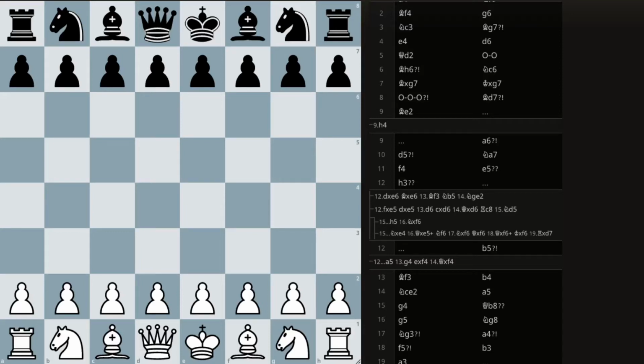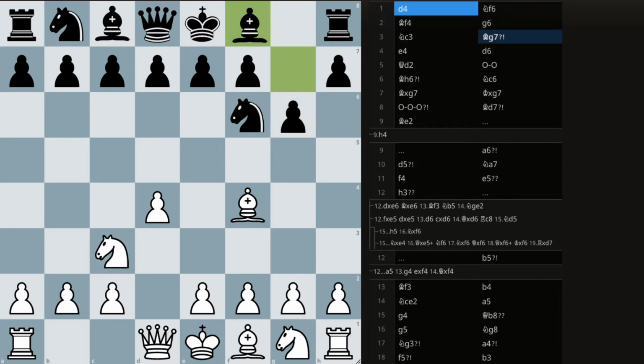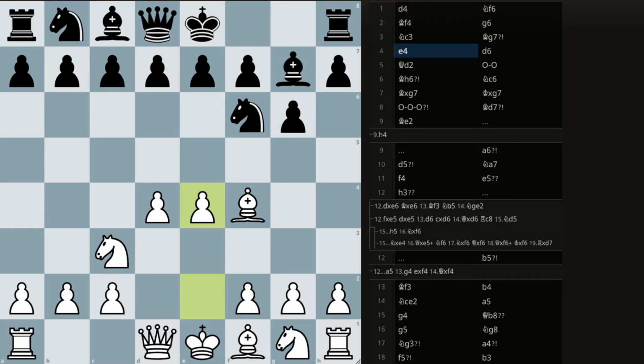This is round 5 of the North American Open, and I opened with the London as usual. And so he played the King's Indian. What I used to do against this was e4 and queen d2, castling queenside and bishop h6. Well, now I don't think it's that great, but I completely forgot about the London, well, about the lines